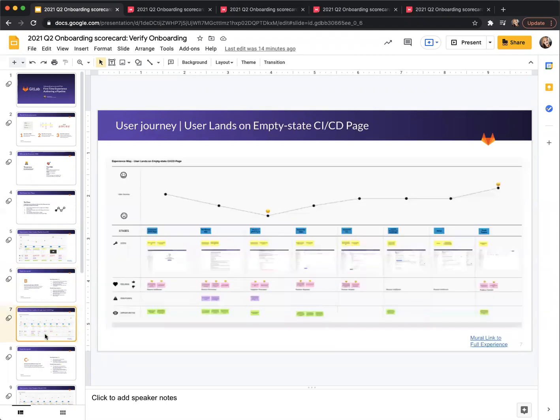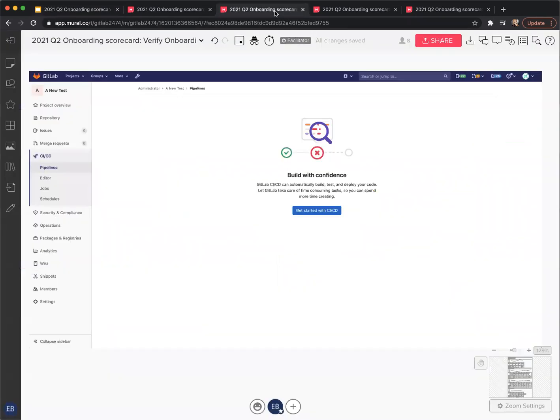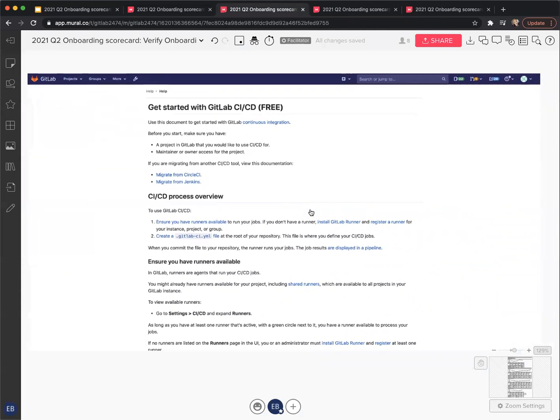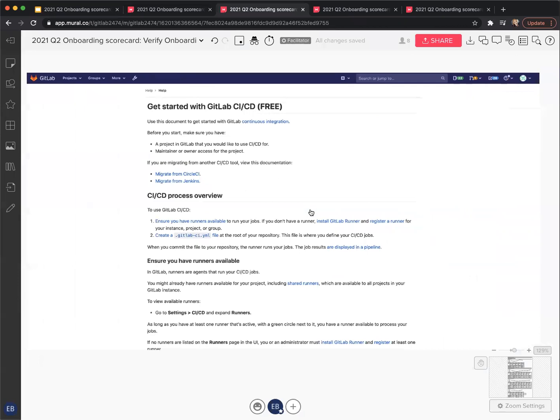The next one is user lands on empty state CI/CD page. And this is where the user gets this empty state, build with confidence, get started with CI/CD. So they would click here. And this actually drops them into the docs. So this experience does get more manual here. A user will have to read through the docs, figure out what they're doing. They potentially could click here,